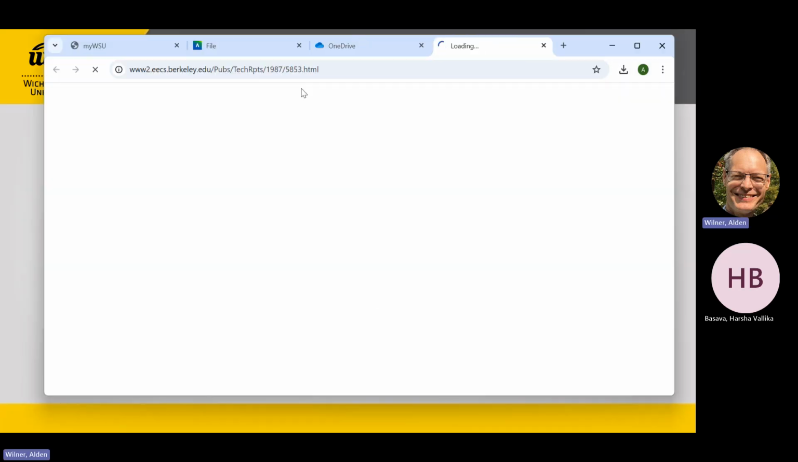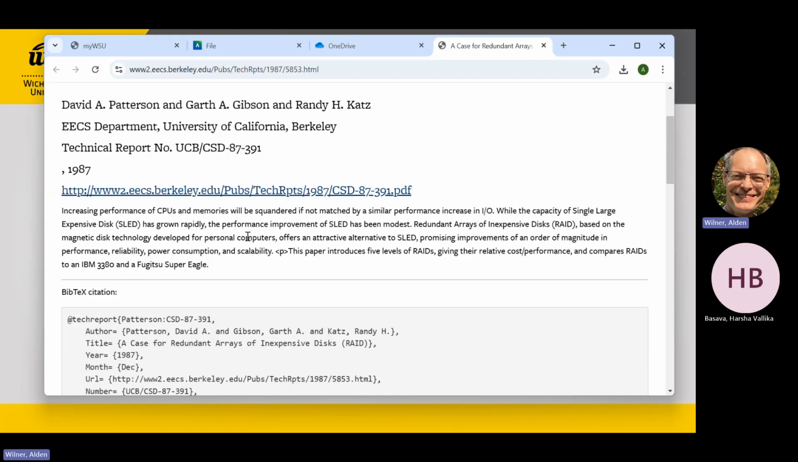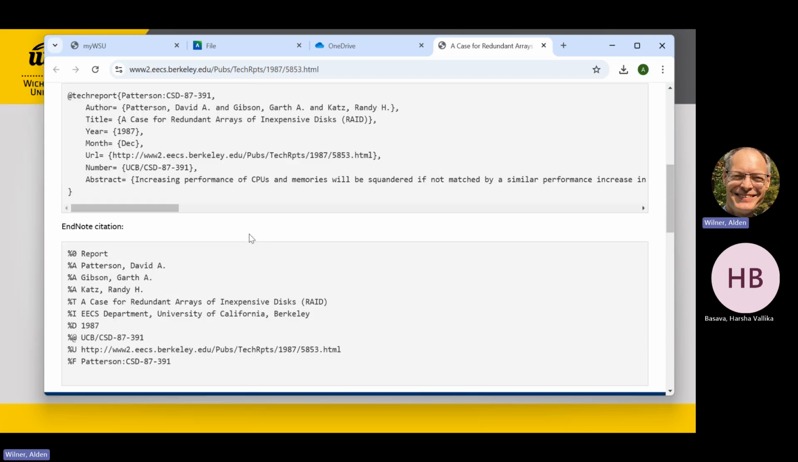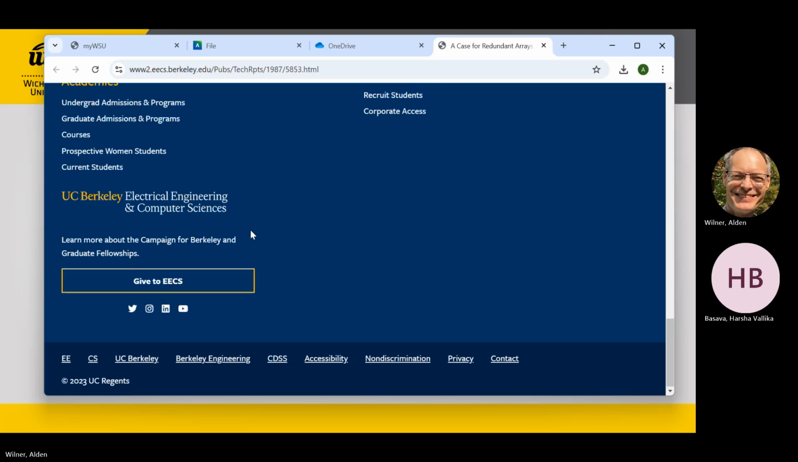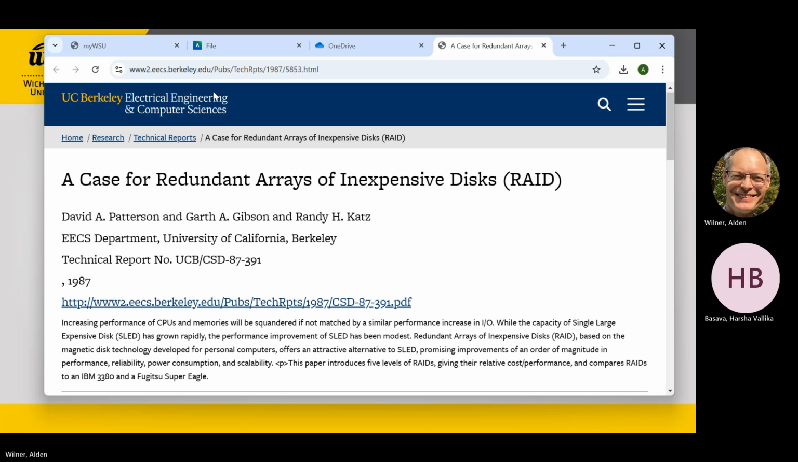We can go out there. We trust berkeley.edu, right? And there's the report. What he was pointing out in this paper was that in the 1980s,